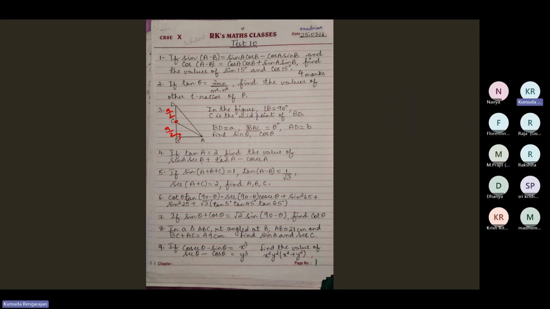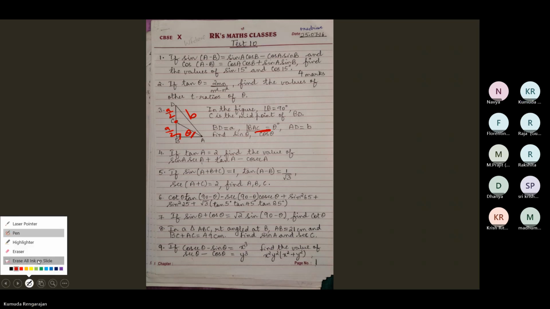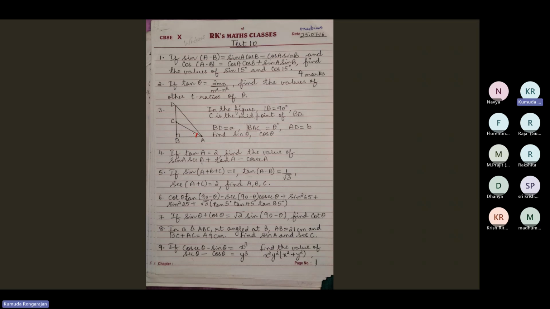BAC is theta. BAC, this one is theta. AD is B units. Find sine theta and cos theta. See, theta is here in this triangle. This is A by 2, this is A by 2, and this is B. Since theta is an acute angle of the right triangle ABC,